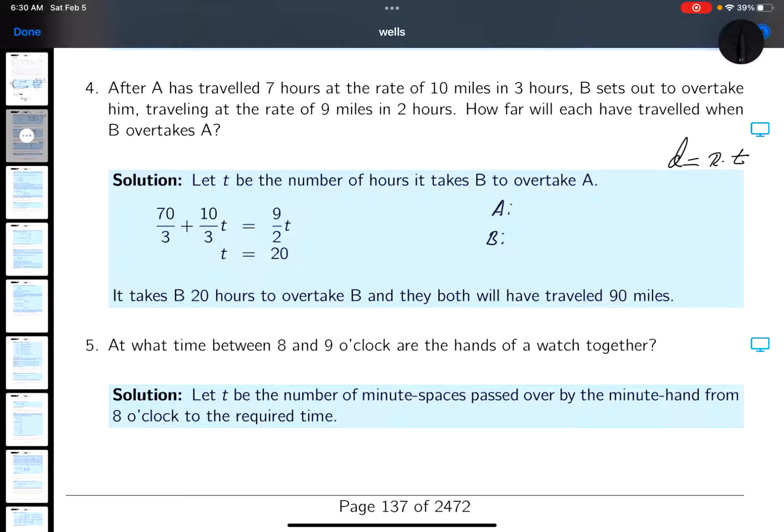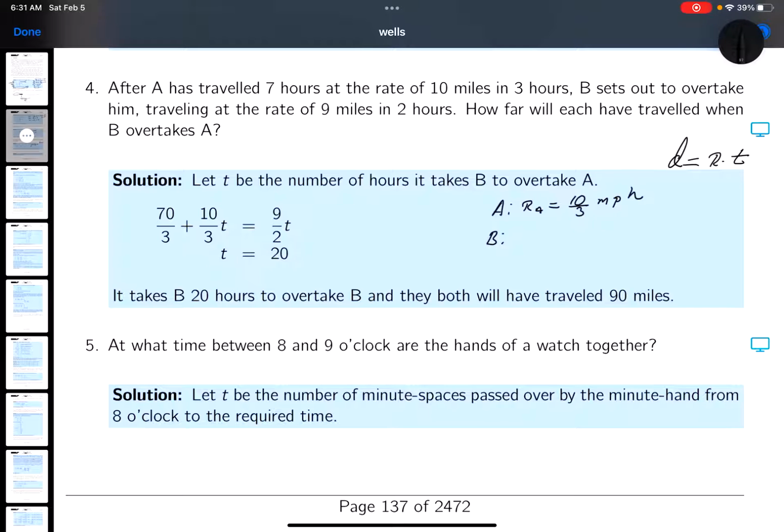So it says A has traveled 7 hours at a rate of 10 miles in 3 hours. So let me write down the rate of A. And the rate of A is going to be, it says the rate is 10 miles in 3 hours. So it's 10 over 3 miles per hour. All right? And I realize he has a head start, and it goes on,